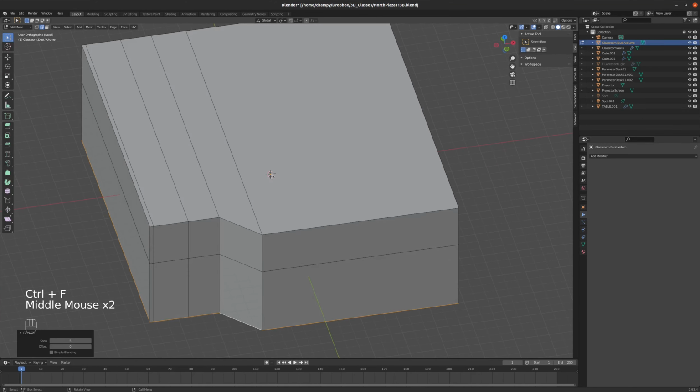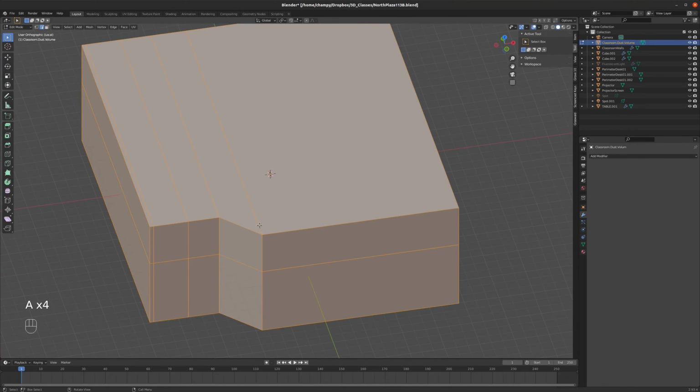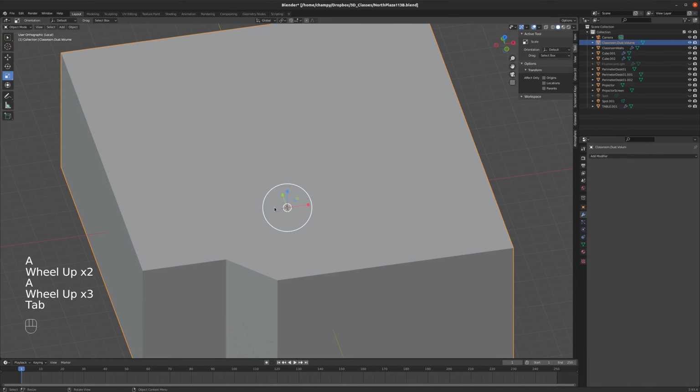Or if you don't want to remember shortcut menus, you can always just go to the face menu up here, and there's grid fill, and sometimes that'll work well for you, sometimes it won't. So now we've got a solid object here,